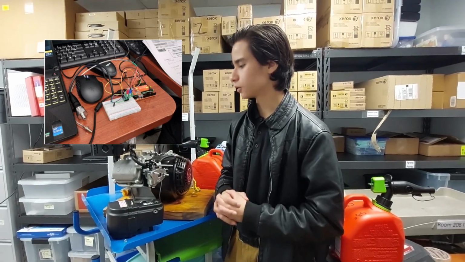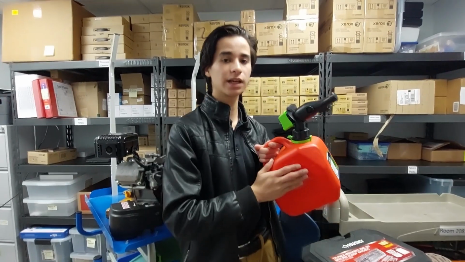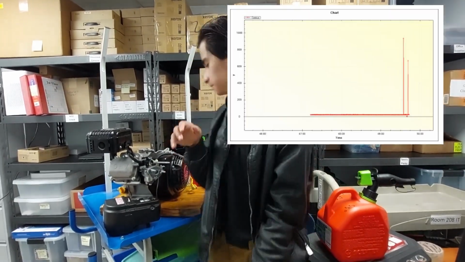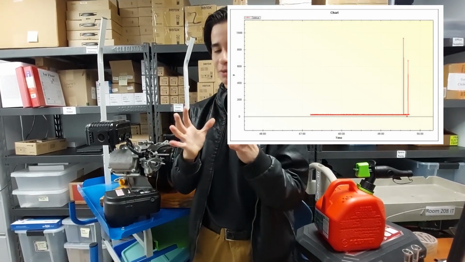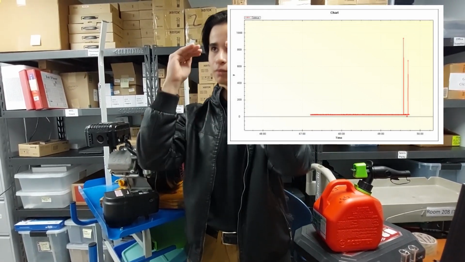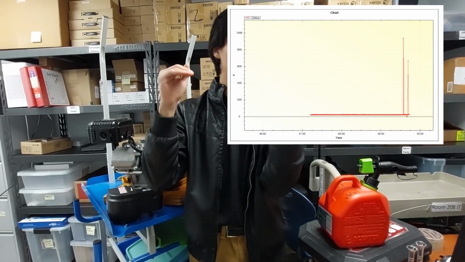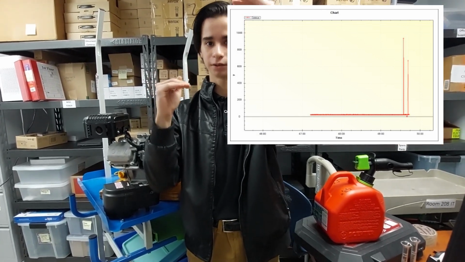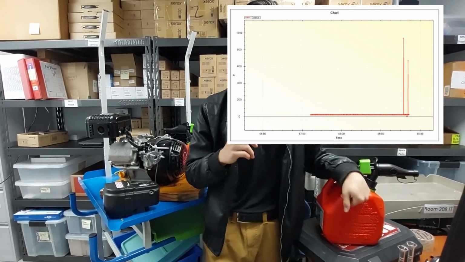In my results, the temperature for ethanol or E85 was a little bit higher than with gasoline. Gasoline was really around 980 Celsius, and E85 got up to 1500 Celsius. So there was really a large difference, which also means, based on some calculations I performed, that